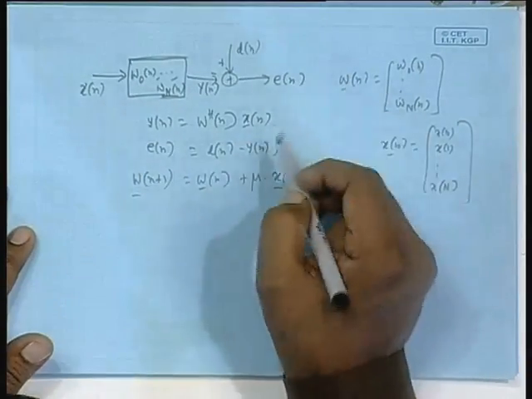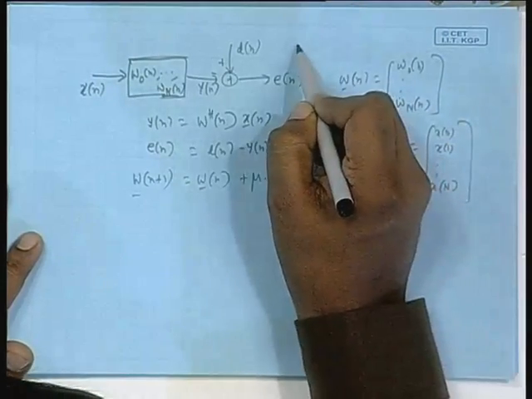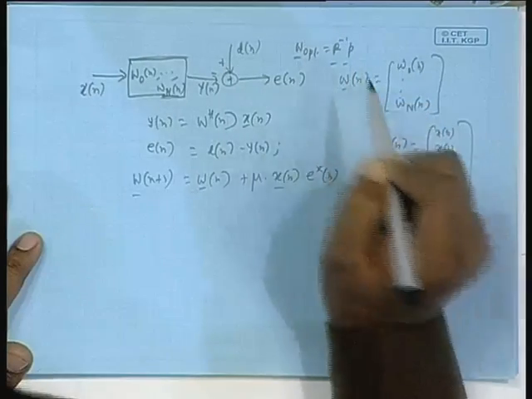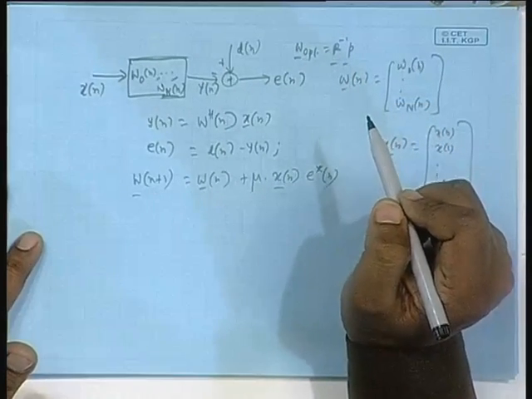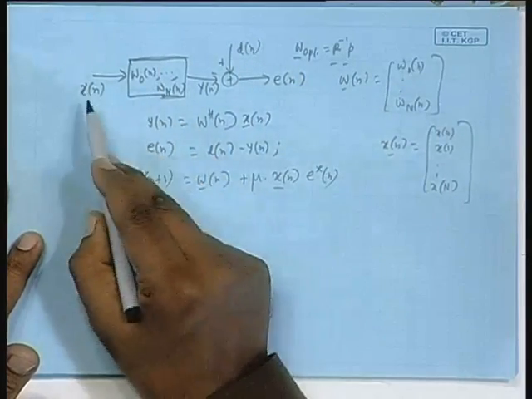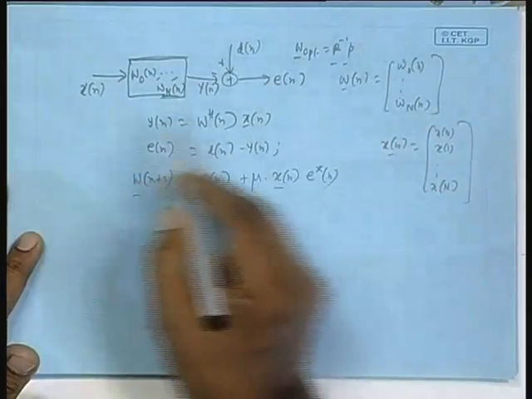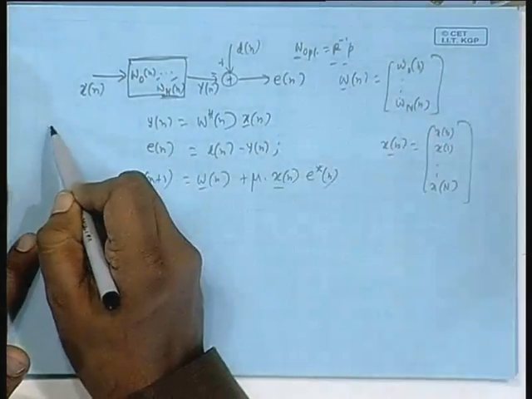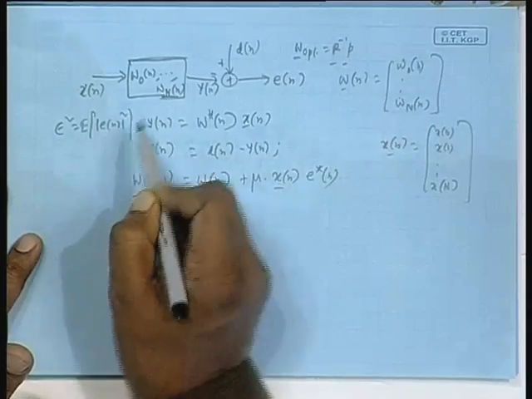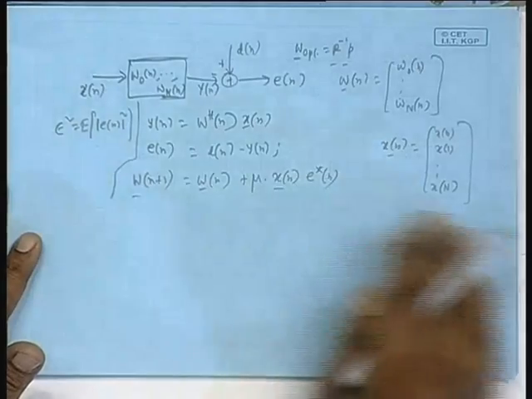Here the optimal filter would have been what? Optimal filter, that is W opt, is still R inverse P. Okay, but then you use W opt Hermitian, multiply with x n vector, then you get y n. And this W opt minimizes epsilon square, which in this case is E of mod E n square. This was okay.